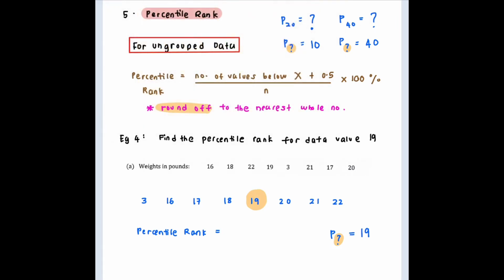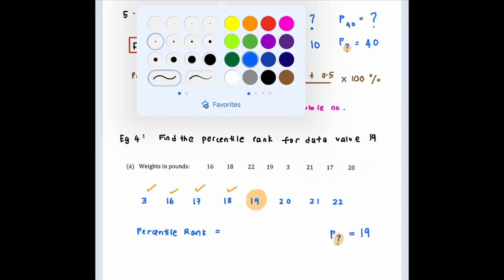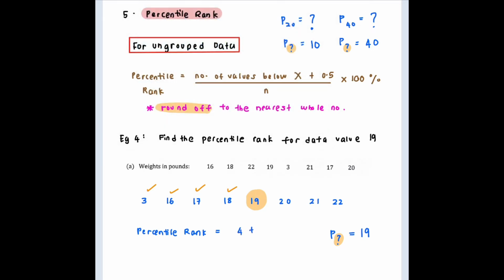You have 1, 2, 3, 4. Okay, so just plug in 4, plus 0.5, over N, the total number of data that you have: 1, 2, 3, 4, 5, 6, 7, 8. So you have 8, times 100%. So your answer will be